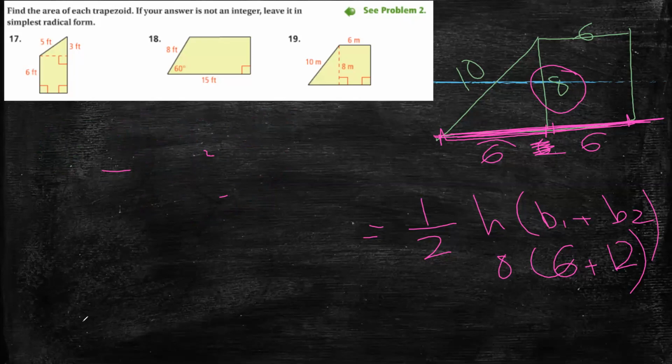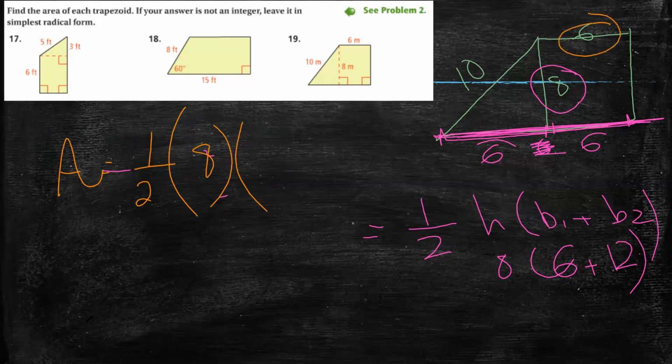So because of that, I will say now that the area will be half the height, which is 8, times the base 1, which is 6, plus the base 2,